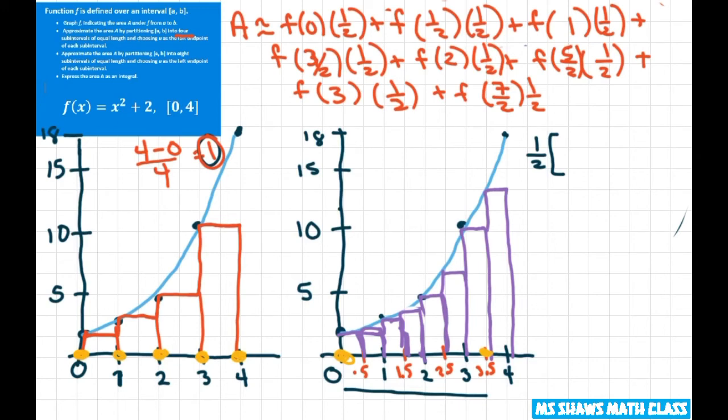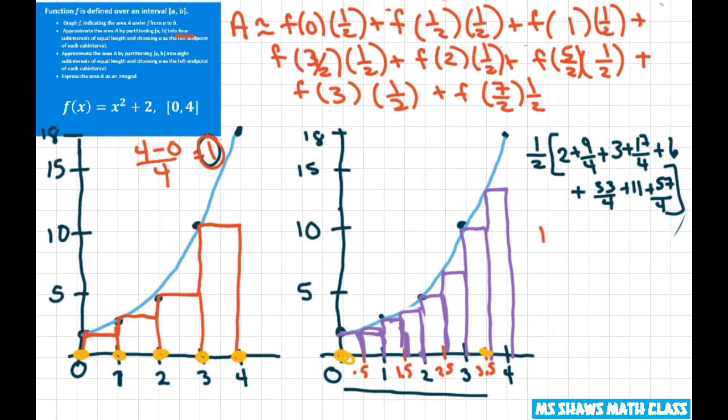So you're going to get 2 plus 9/4 plus 3 plus 17/4 plus 6 plus 33/4 plus 11 plus 57/4. It's probably easy to put this one in the calculator. You can just add all those up and then divide by 2. And basically you're going to get,